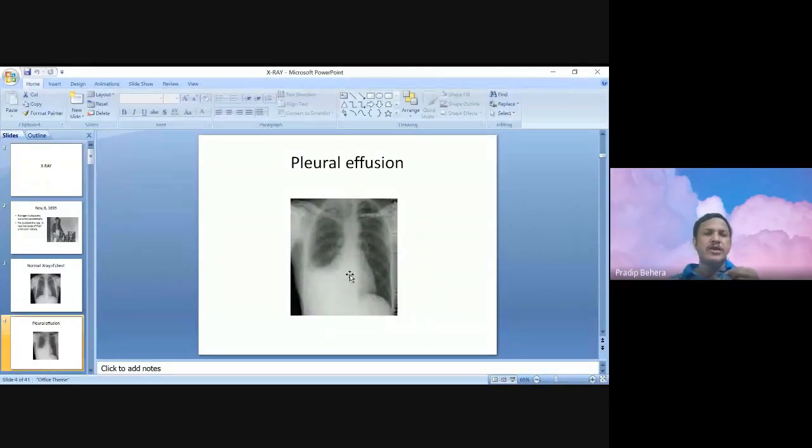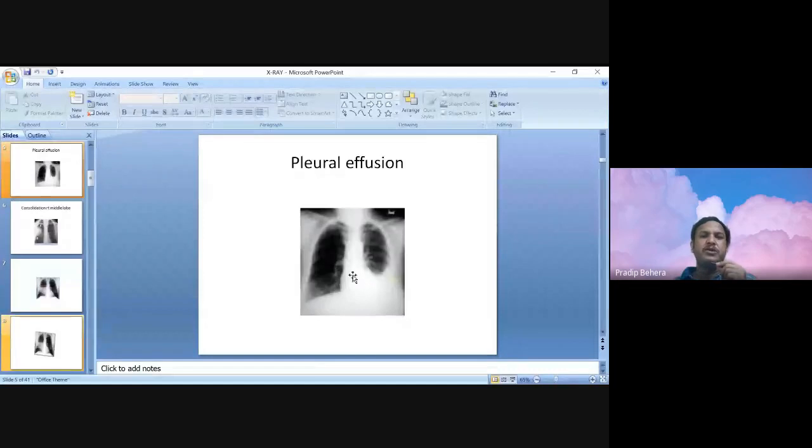Well, all of you can identify a pleural effusion, because this will be given to almost all students. You'll find I will keep 3-4 cases of pleural effusion. So most of the people should be able to identify a pleural effusion without any mistake. So this is another X-ray, that was the right side. Here also the same. So this is a left-sided pleural effusion.